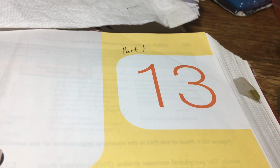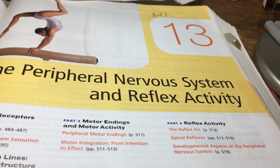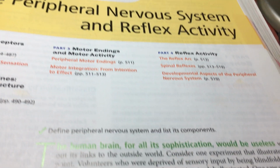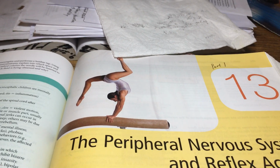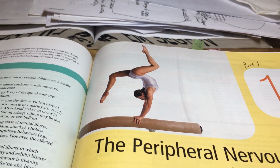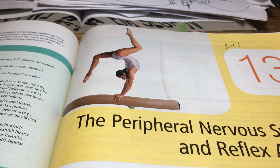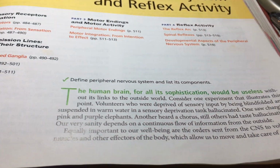It's part 1 now, chapter 13 of the peripheral nervous system. We'll learn some reflex activities as well. And we're here on page 483. And we have a picture of a gymnast here using peripheral nerves to maintain balance and perform acts of daring